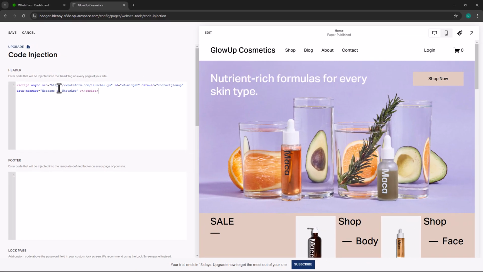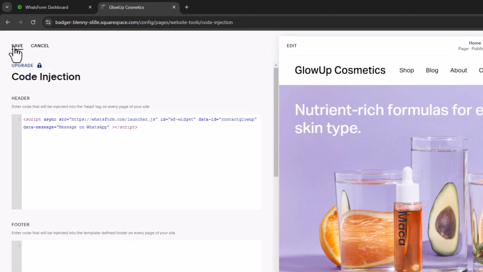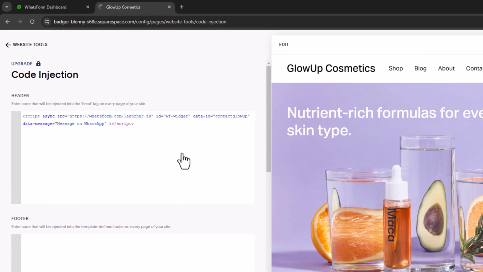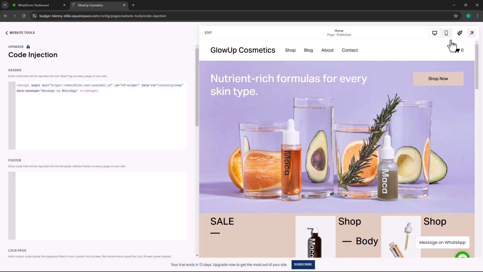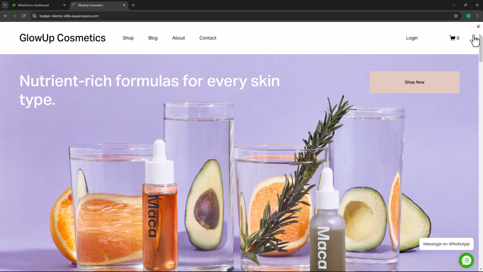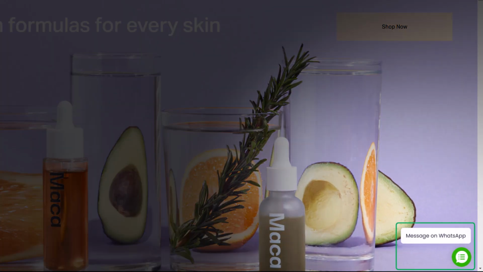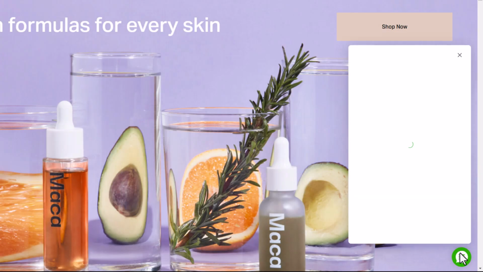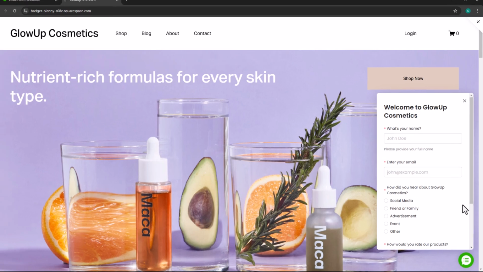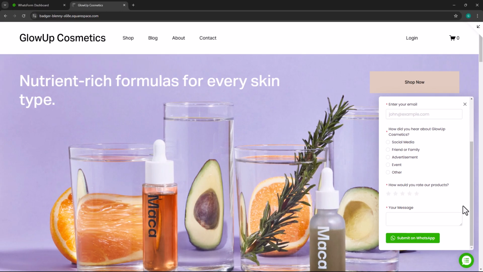If your website is running on pure HTML, you may need to ask your web developer to configure this for you. Let's save the changes and preview the website. You should see the widget pop up in the bottom right corner of your website. Clicking on it will open your WhatsForm, allowing customers to fill it out right on your site without leaving the